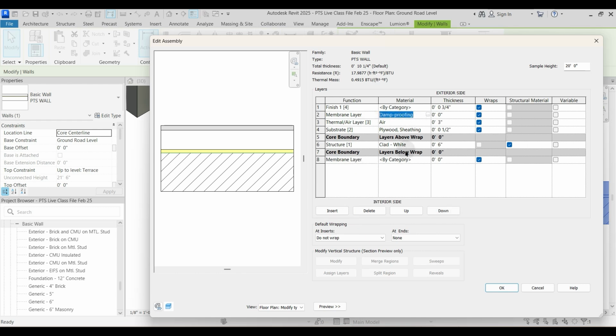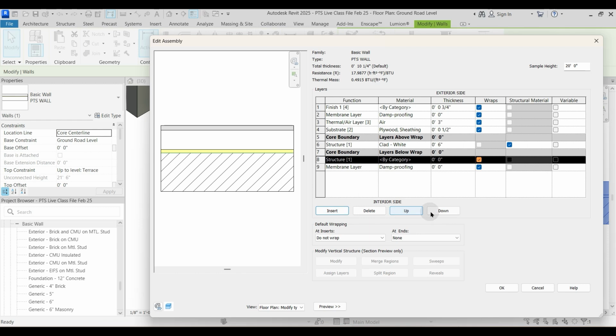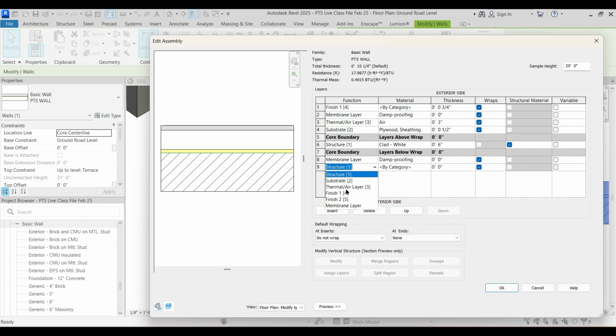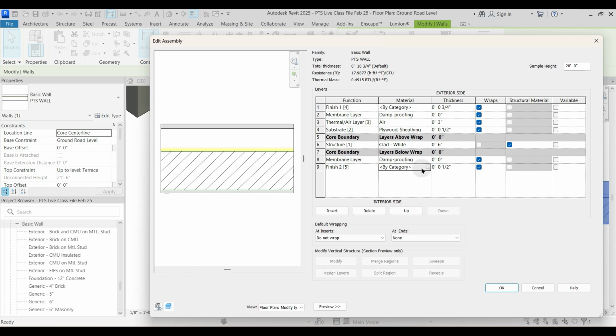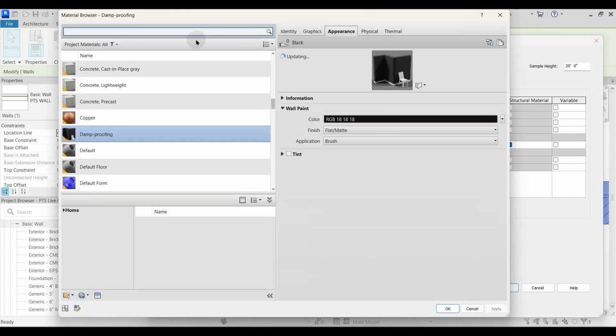Again, I will apply the material of dampness, damp proofing, which you cannot assign any thickness, but we are just following the system that is set by Revit. Again, I will just say insert and down, and this is supposed to be finish 5, which is going to be 0.5 inches, 12 mm, and this would be applied a material of gypsum wallboard,